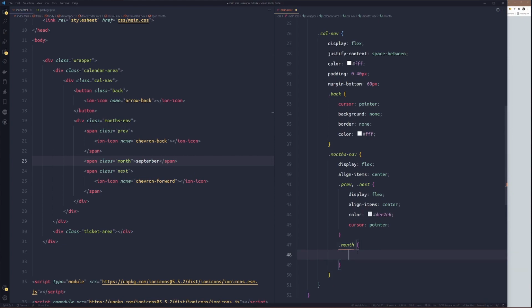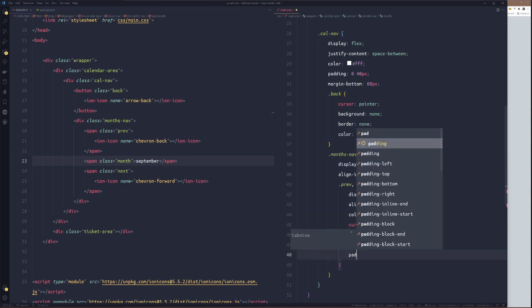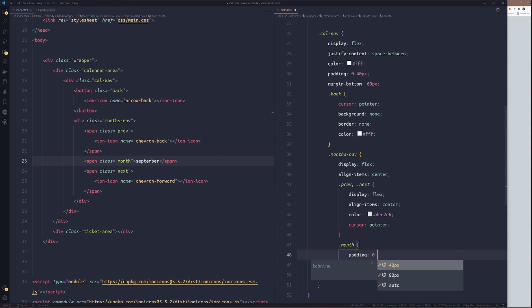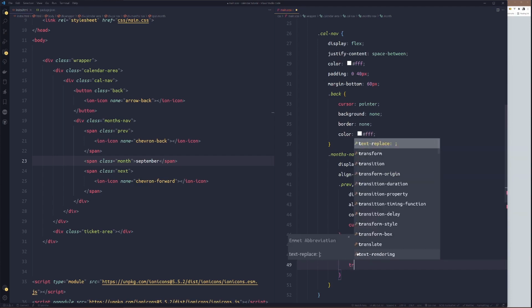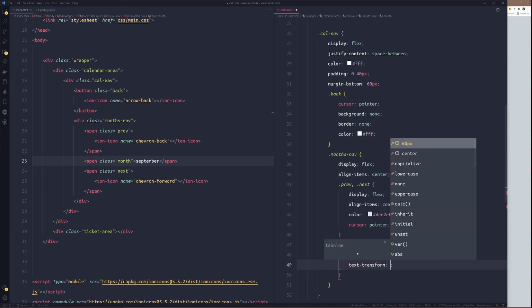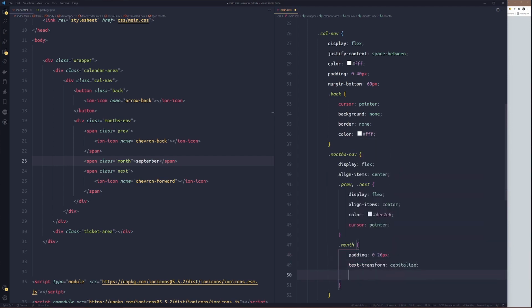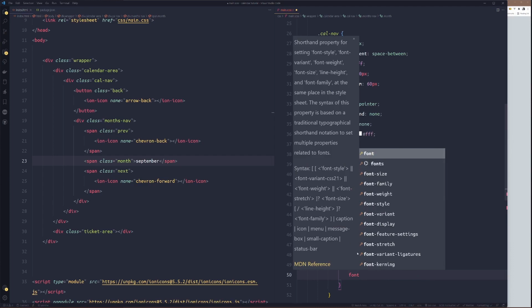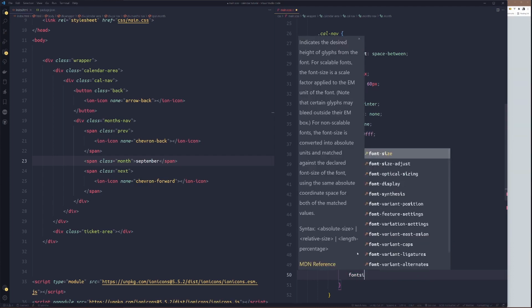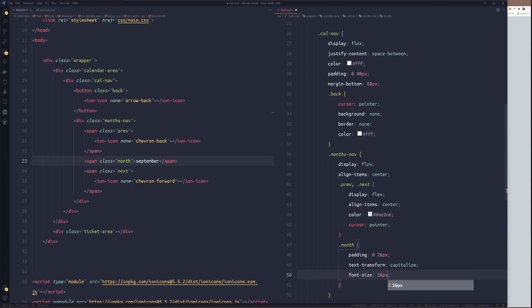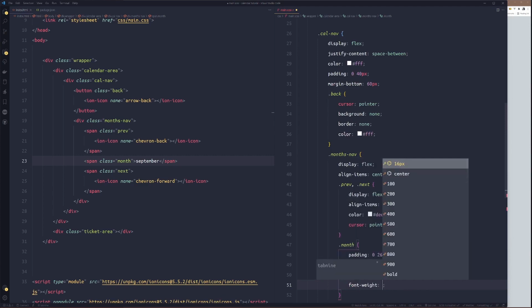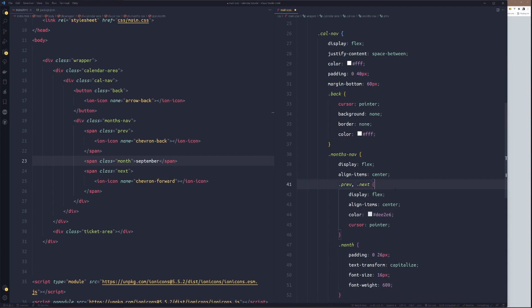So we target the months, then we set padding, top and bottom to be 0, while the left and right to be 26 pixel. Then we'll transform the text to capitalize, while we change the font size to 16 pixel. Okay. Then font weight will be 600. All right.